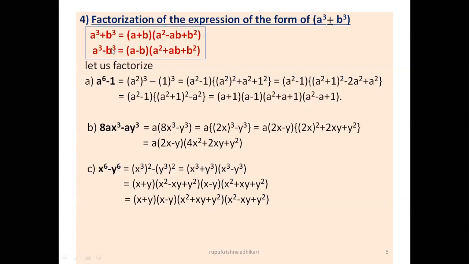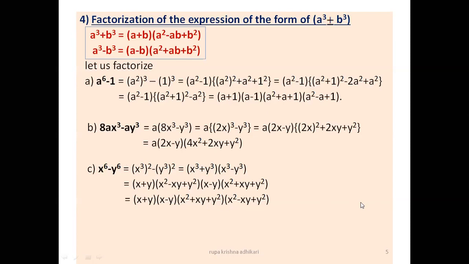Now apply this formula a cube plus b cube and a cube minus b cube. Hence the result is x plus y into x minus y, x square plus xy plus y square into x square minus xy plus y square. I hope you understood. Let's move on to